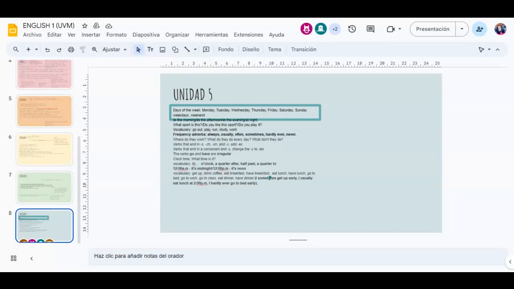I share with you an exercise for the prepositions of time expressions because you saw three prepositions in Unit 5. You learn when to use on, you learn when to use in, and you learn phrases with at. Only one phrase, but you have to remember that phrase. Okay, let's go with